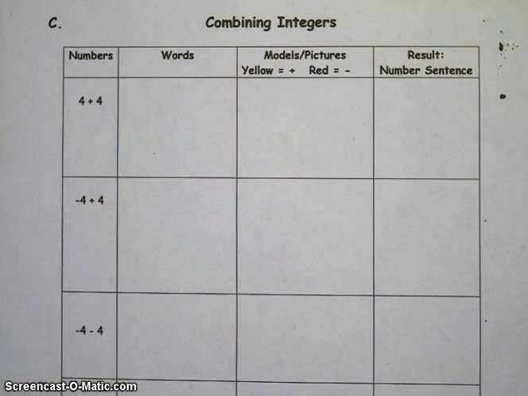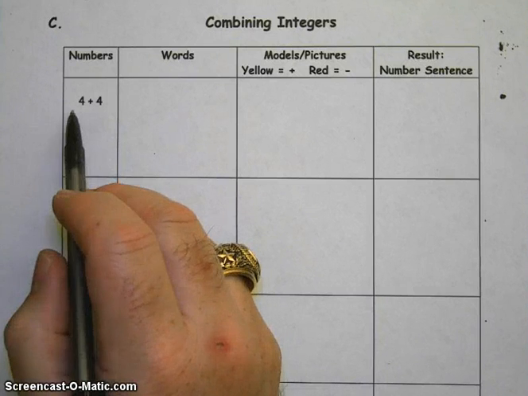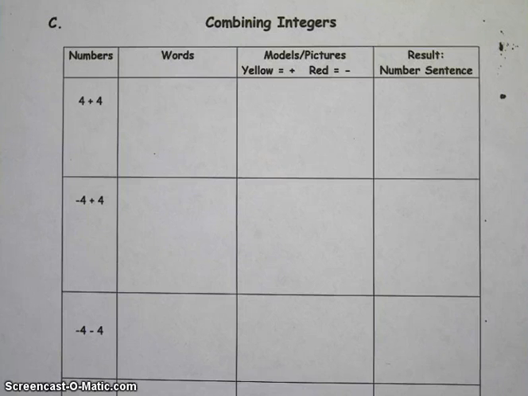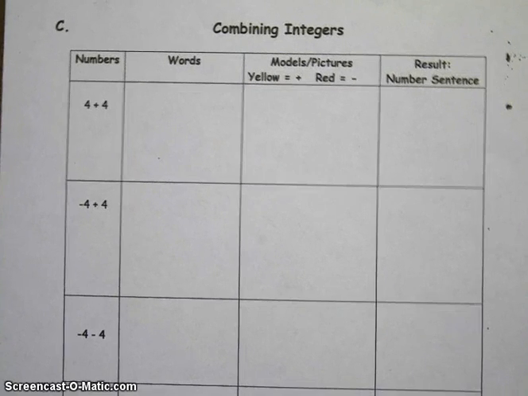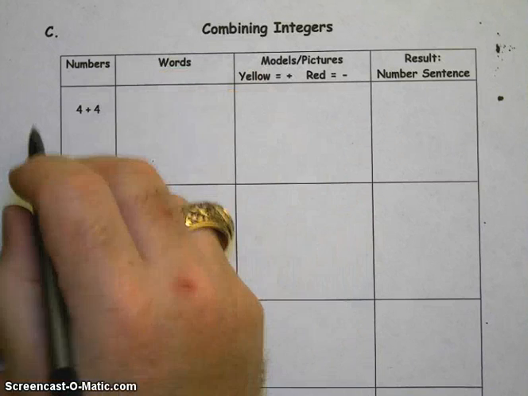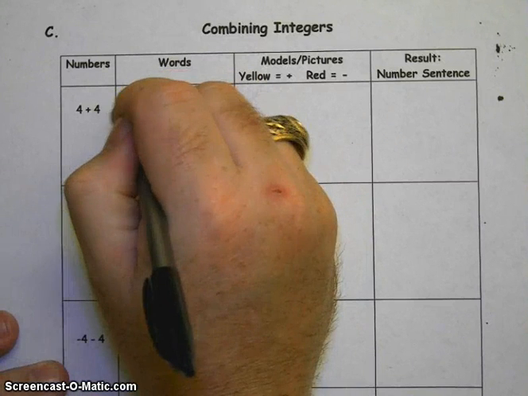When we were first learning numbers, like in second and third grade, we learned to read this as 4 plus 4. All right, what I want you to do is get away from the idea of thinking plus and minus, okay? When we're dealing with integers, or any numbers really for that matter, we're talking about combining. We think in terms of combining, we're putting two things together. So in this case, in words, this expression is combine